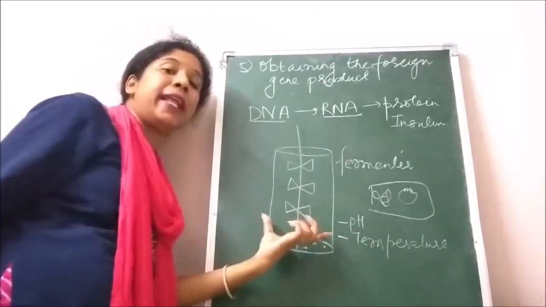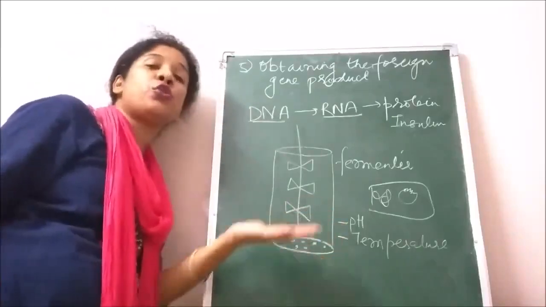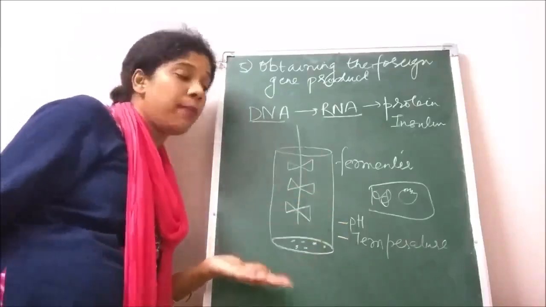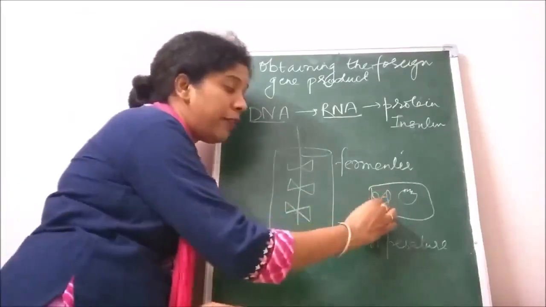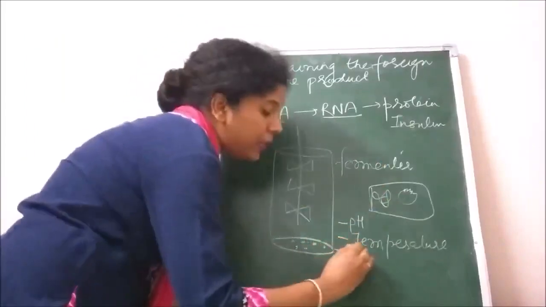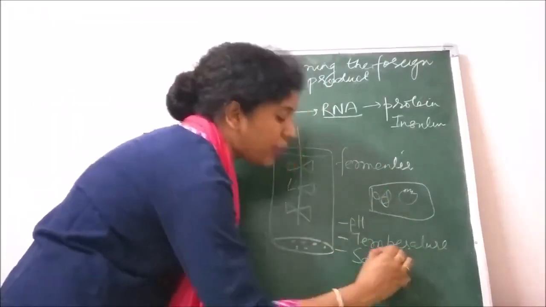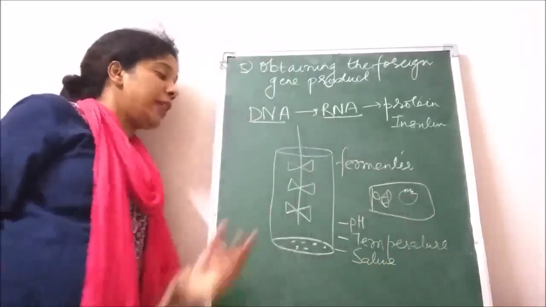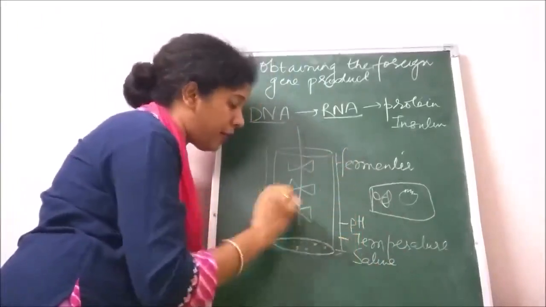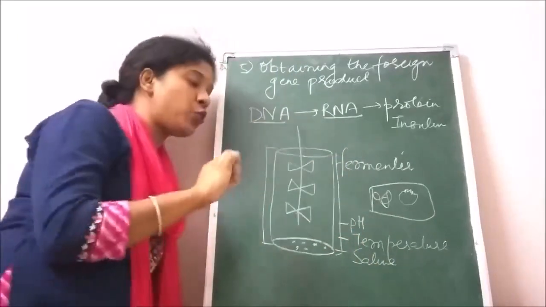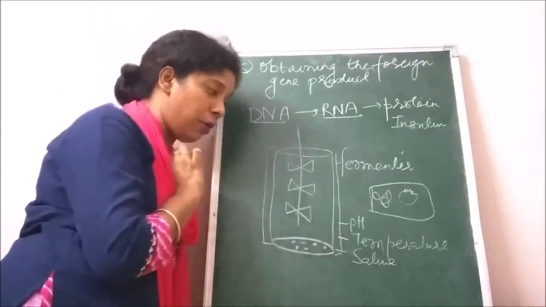We have to maintain that temperature, and from time to time we have to check the pH and the temperature so that they do not fluctuate much, because if they change much, it is going to affect the viability of the cells. Then the concentration of various salts has to be maintained, that is, the osmoregularity has to be maintained. There are cooling jackets, water jackets outside the big fermenters, so as to regulate the temperature, and temperature is checked from time to time using thermometers.